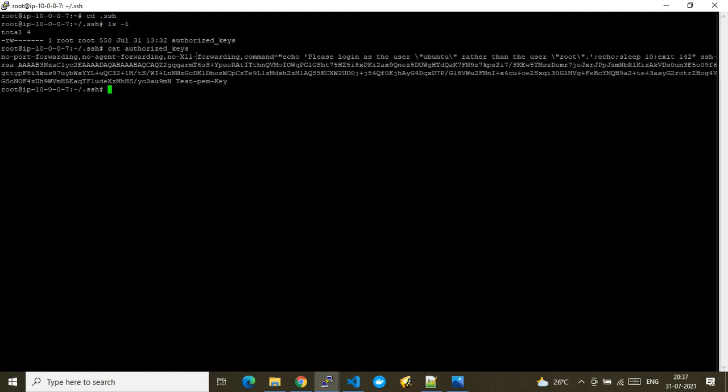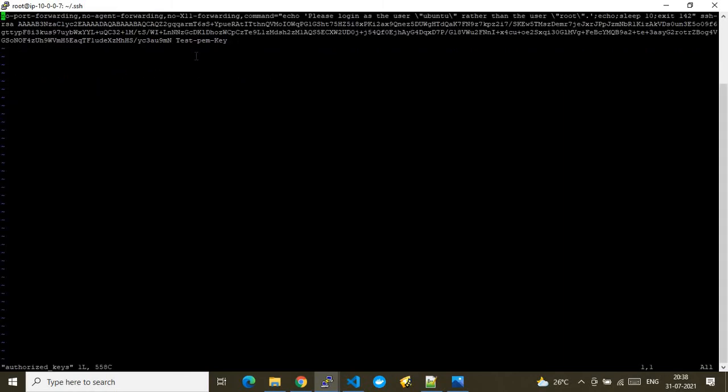Okay, it already has some authentication keys. Along with this, I need to add the authorization key of my Ansible master node, so that the master node gets the authorization to access this VM. That is the main logic behind this mechanism. Now let me do a vi on this file and add the public key here. So I'm in this authorization file, and let me add that.